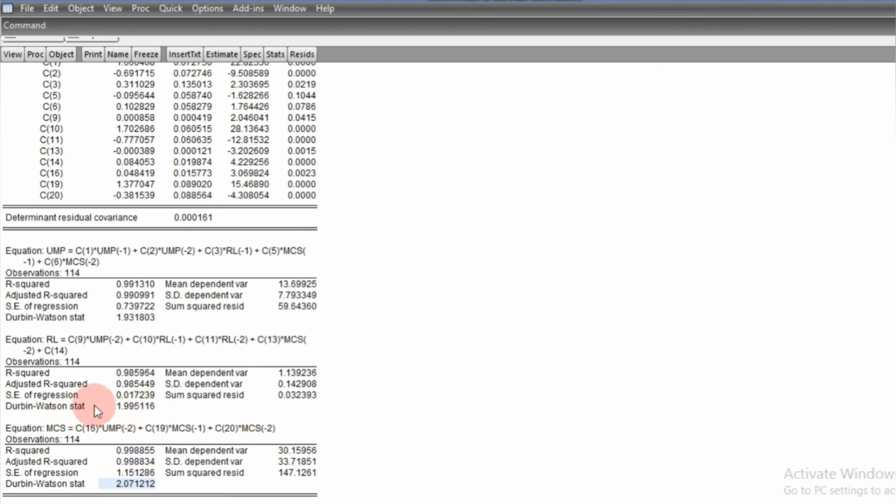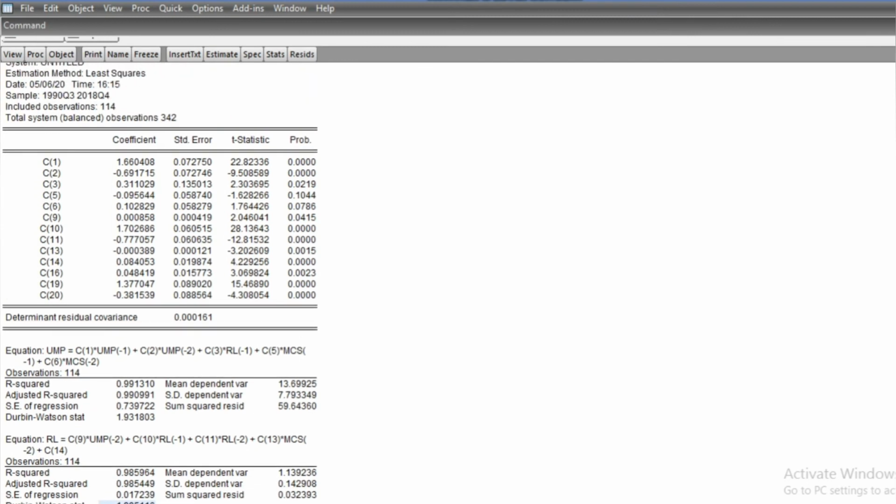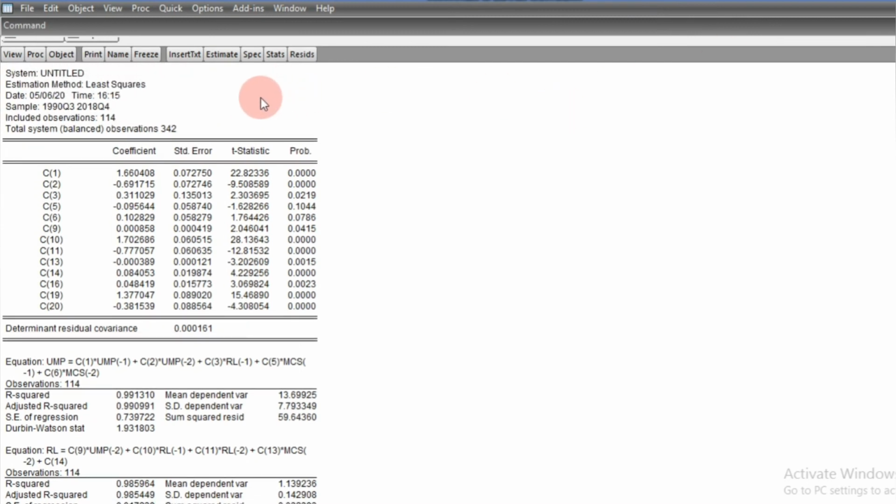And when we look at the Durbin-Watson, you can actually say there's no missing variables in this model. Okay, this is how to estimate a parsimonious VAR.